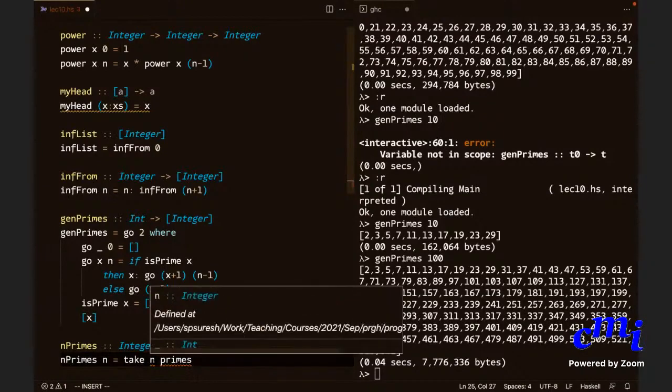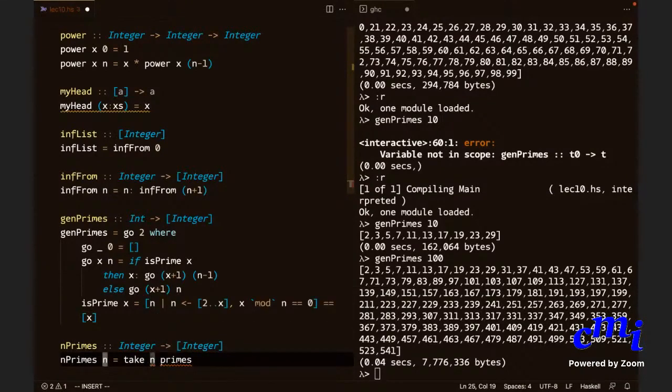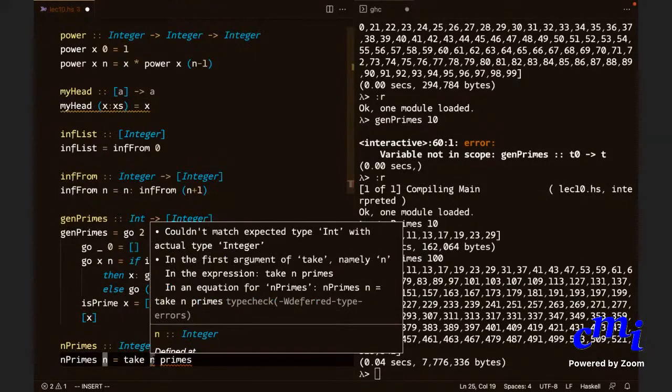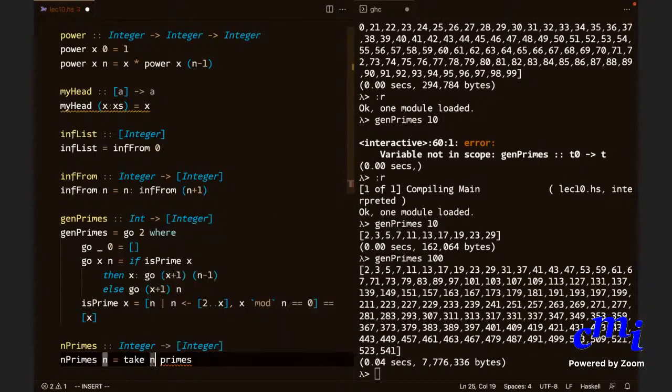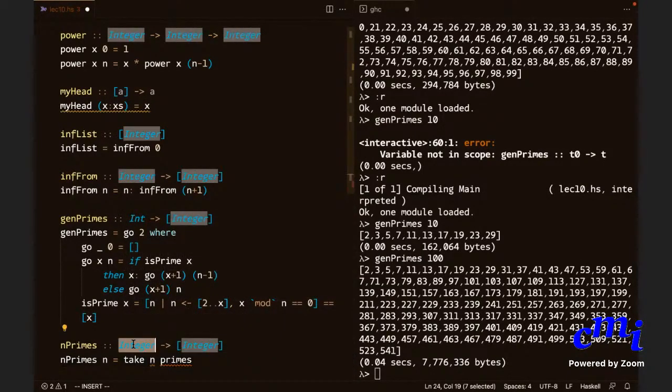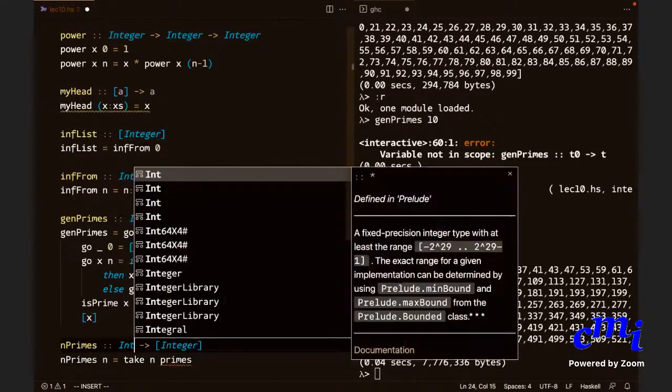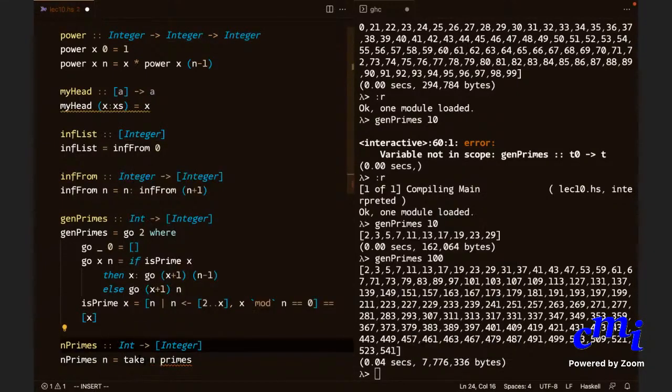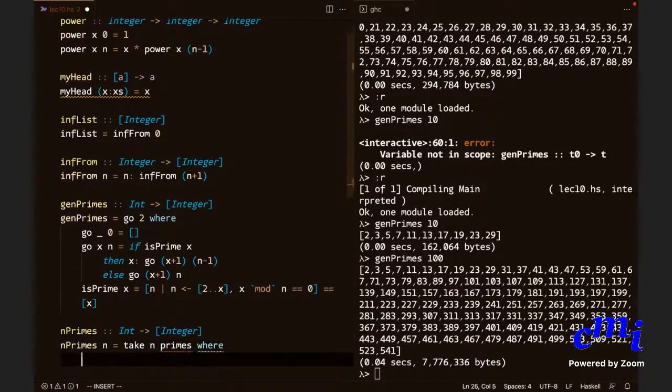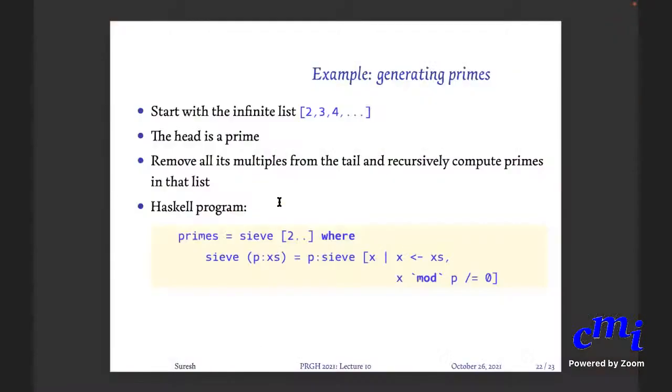The infinite list of all prime numbers. Take works with this primes, so I have to define primes, and primes is being defined here.